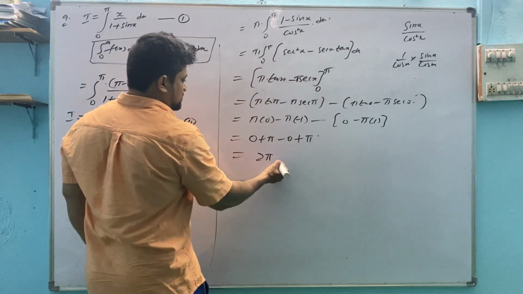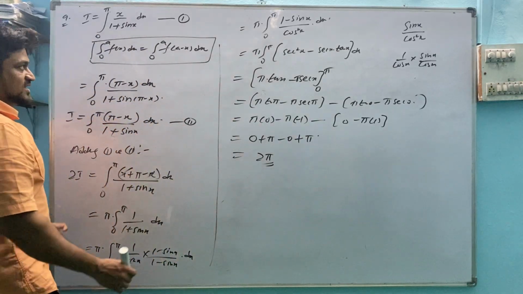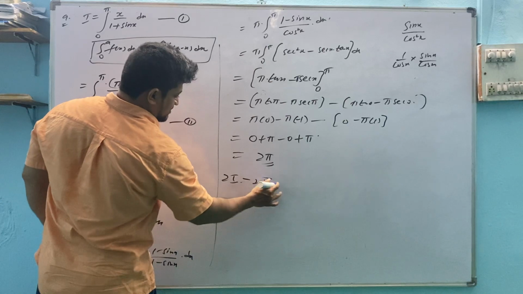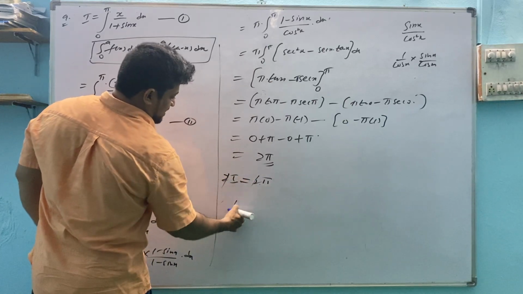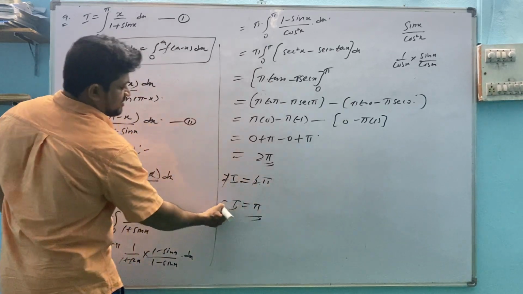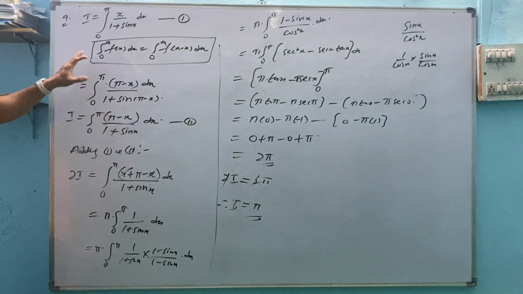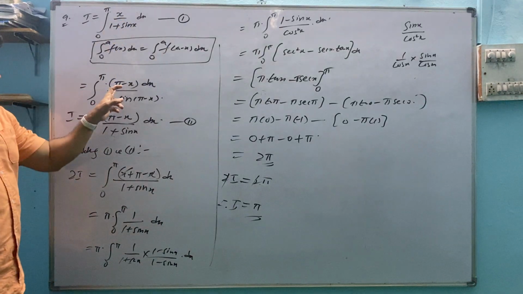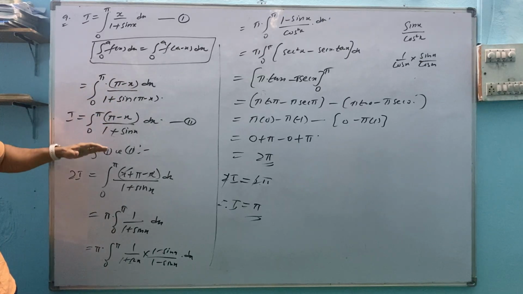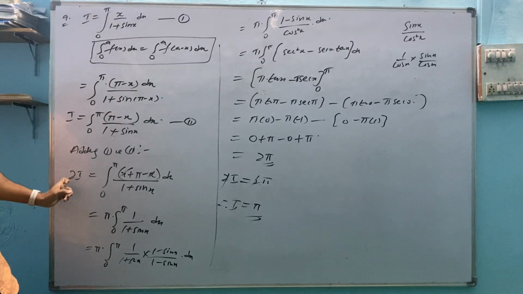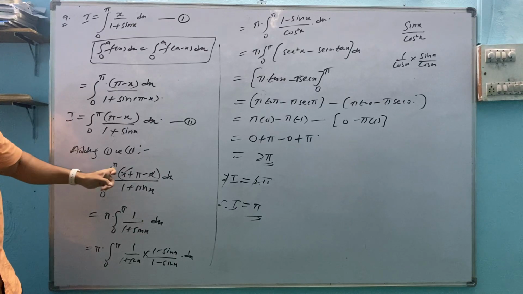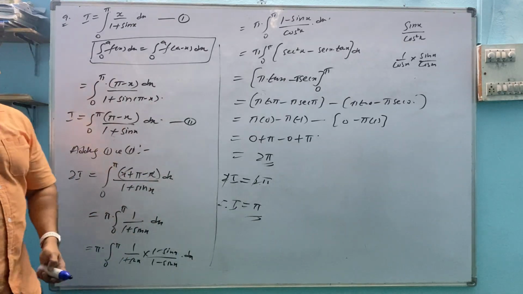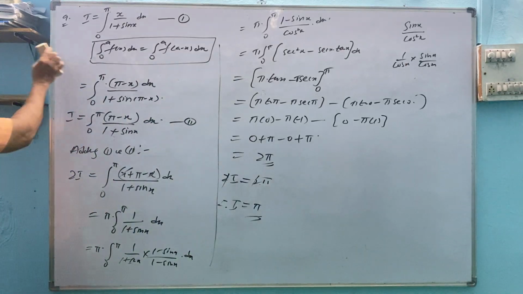Pi plus pi is 2 pi. 2I answer we got. 2I is equal to 2 pi. So 2 cancels, I is equal to pi. Check once again: we have to apply the property a minus x. Wherever x is there, you can take pi minus x. Then we got the denominator common, adding 1 and 2, you will get 2I. Once you got 2I, the numerator cancelled and 1 by 1 plus sin x. So we have rationalized this one. Afterwards, it's a common question of integration.